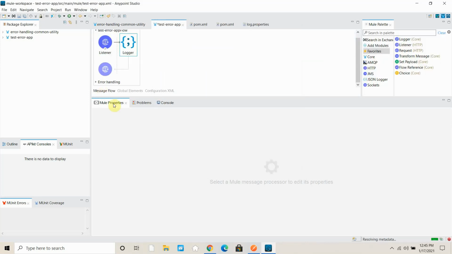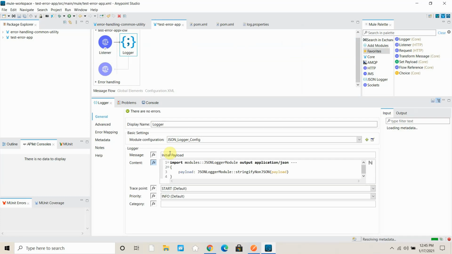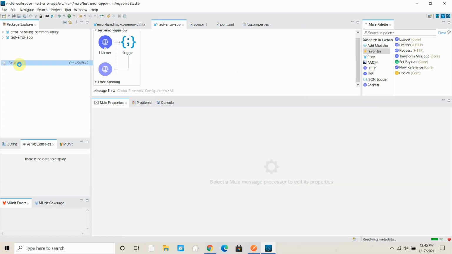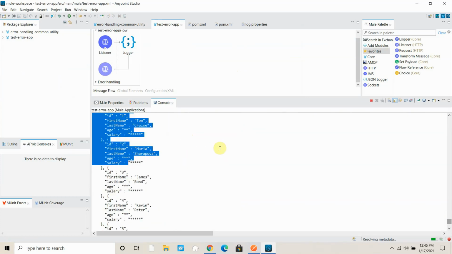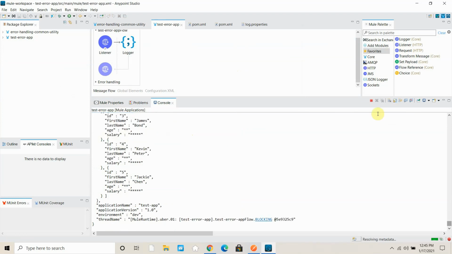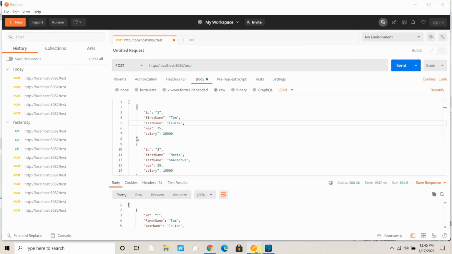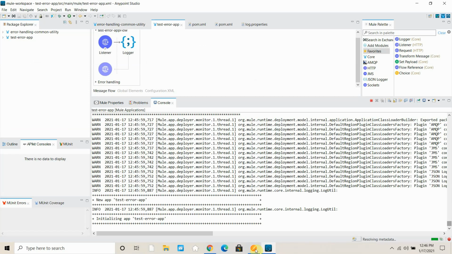Now what it will do is log the message as well as send the message to ActiveMQ. These are the configurations you need to do. Once you are done, just say save. Once you say save, it will redeploy your application. The application is still getting deployed.